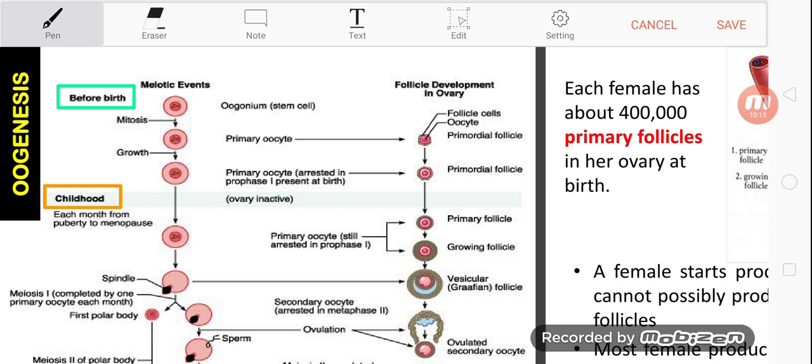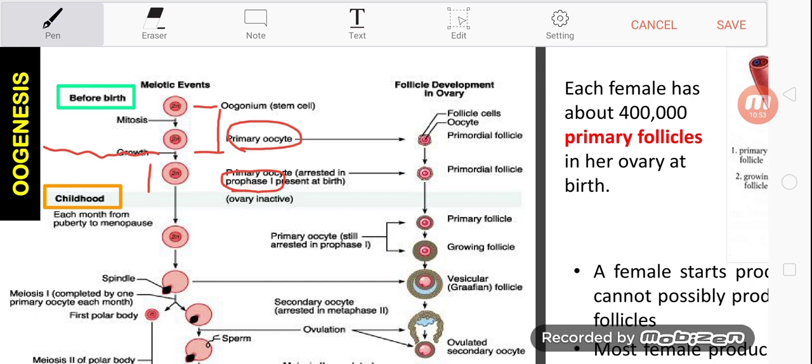Okay, before birth, I think I have already elaborated this one. Oogonium undergo mitosis division, and then complete mitosis division, we call it primary oocyte. Okay, and then this primary oocyte will start the meiotic division 1 but arrested at prophase 1. During this time, somewhere here, the baby is born and then